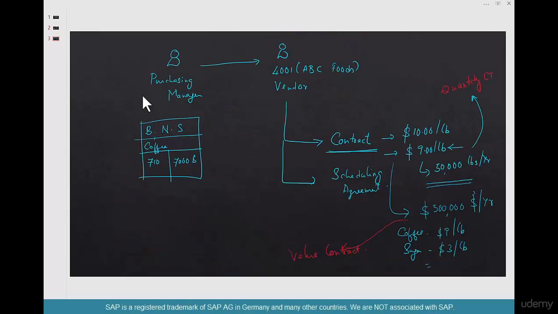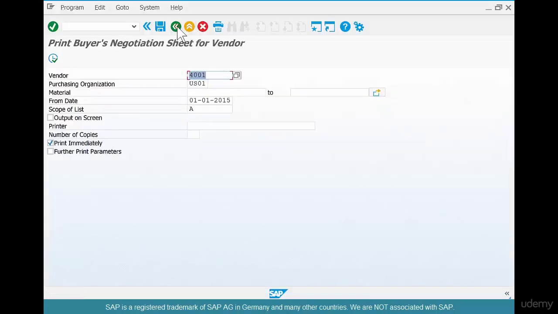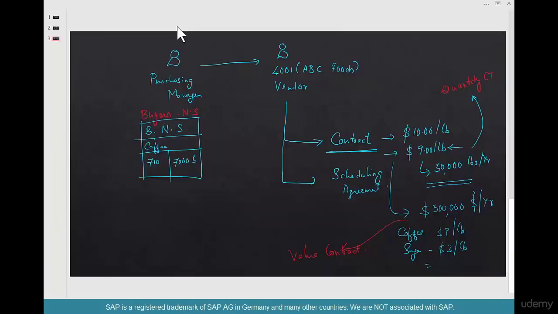One of the tools that the purchasing manager has is called a buyer's negotiation sheet, which is a report out of SAP that just gives you accumulated lists of volumes and values. How much we have been procuring from this date until this date. It's just a tool to negotiate with the vendor. And now, from a vendor's perspective, because we are offering increased volumes in sales, vendors typically tend to go for a contract with us.